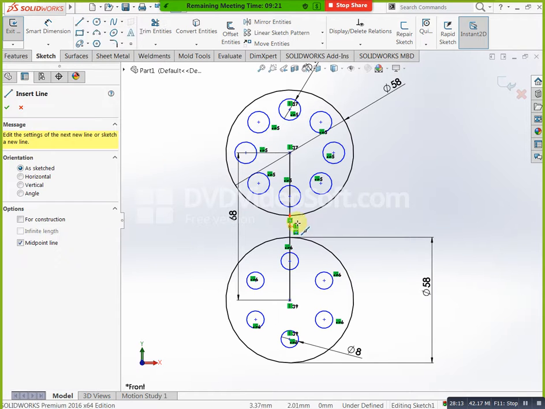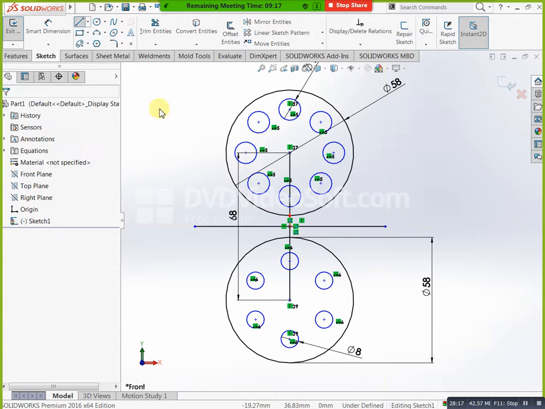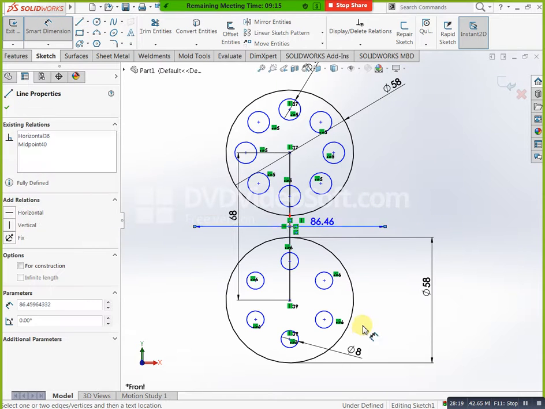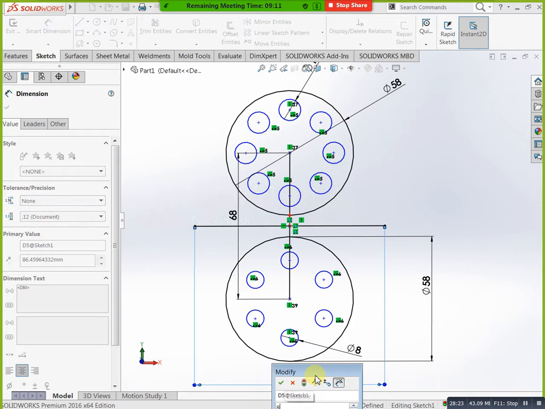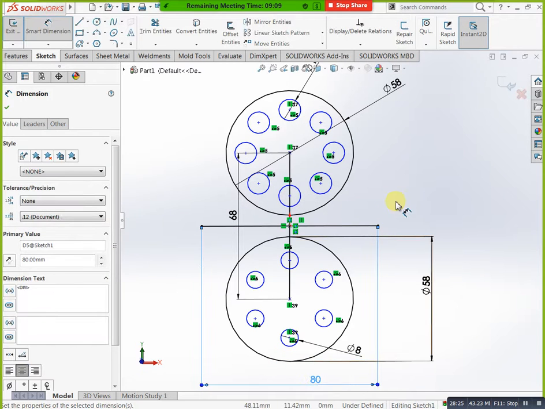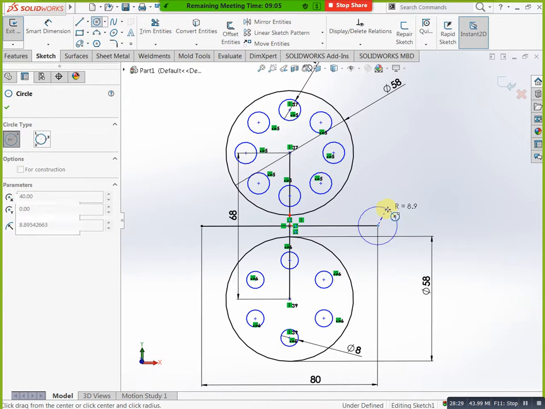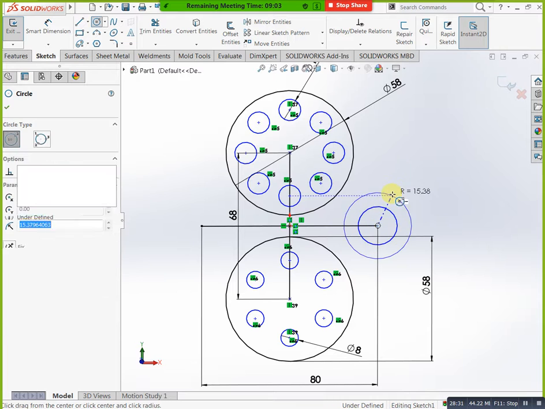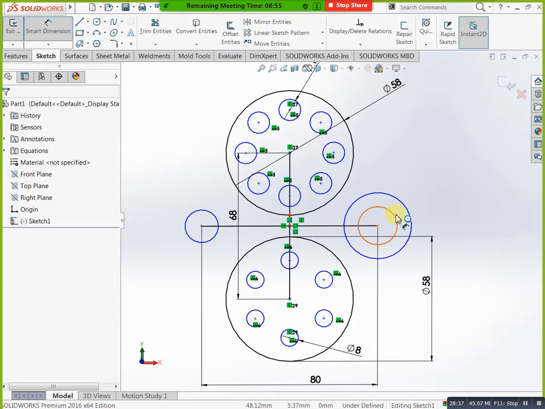Fillet, how much is this? 15 radius. You can specify here. Wait, delete.